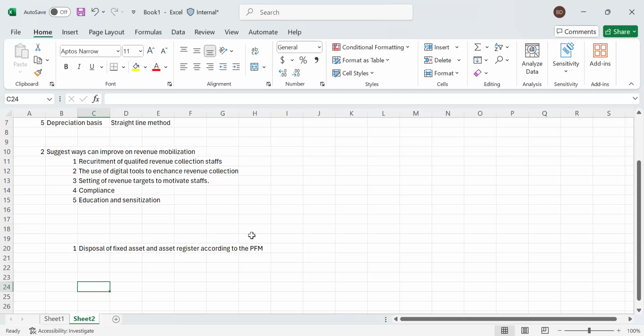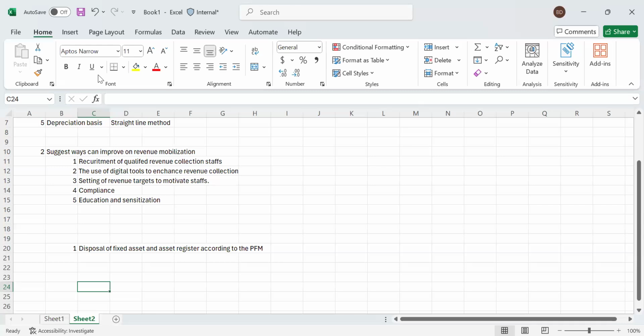He doesn't understand how things are done in the public sector. And now he's made the senior accountant of this district assembly. And on his first day at work, he wants to write off the assets just like that without going through the processes. So you are supposed to advise him. So how do you advise him? So firstly,